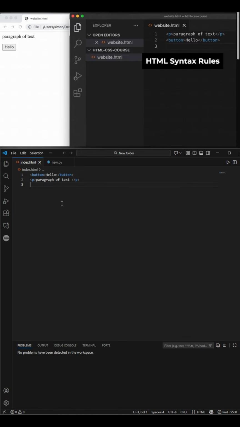So what exactly are the syntax rules for HTML? So this part of the code is called an HTML tag. It basically tells the computer what we're trying to create. We write a tag by writing the less than symbol. This is the tag name, which tells the computer what kind of element we're trying to create, and then the greater than symbol. So every element consists of two tags, an opening tag and a closing tag. The closing tag is the same as the opening tag, except it has a slash in front of the tag name. That's how you can tell it is a closing tag. You can think of the